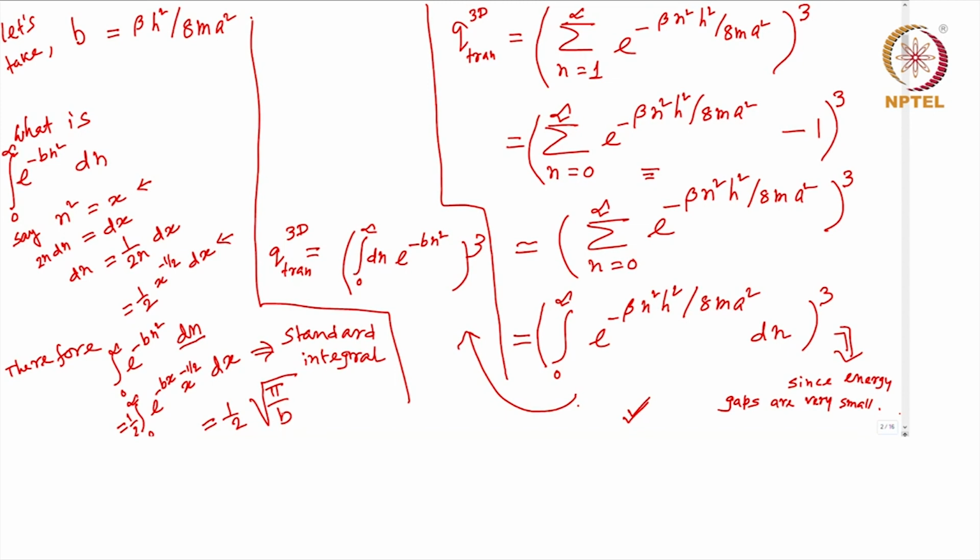So if we put it back here, and this will go to the next page, we got e to the power minus b n square dn is equal to half of square root of pi by b, and therefore we can write